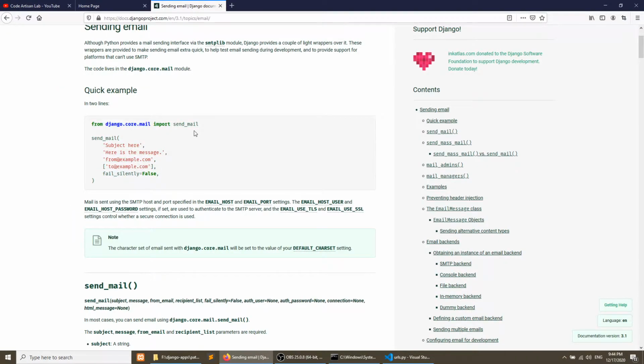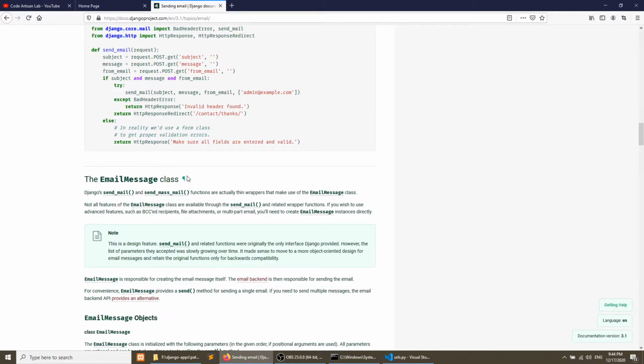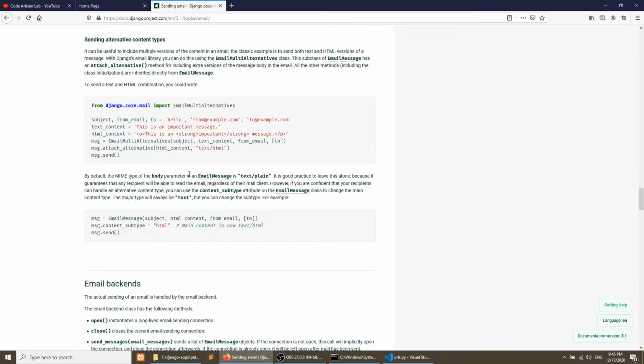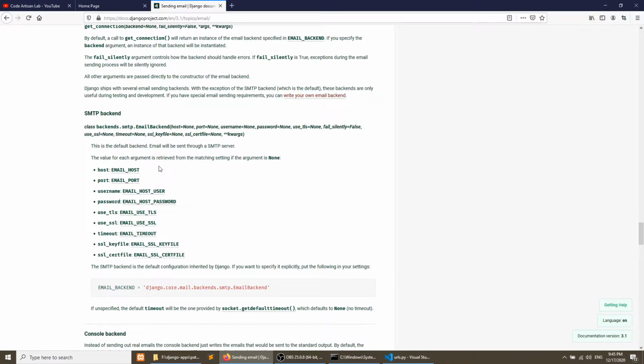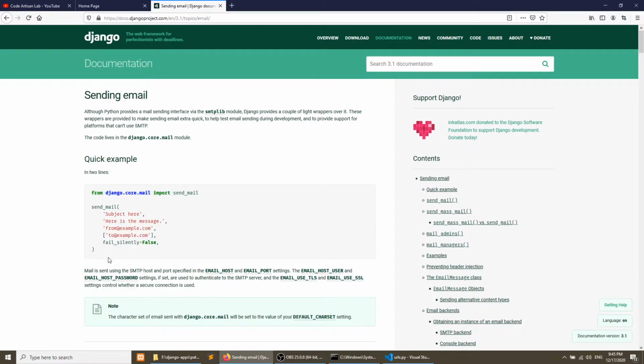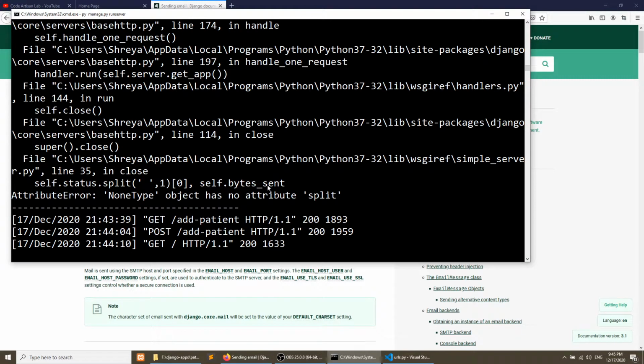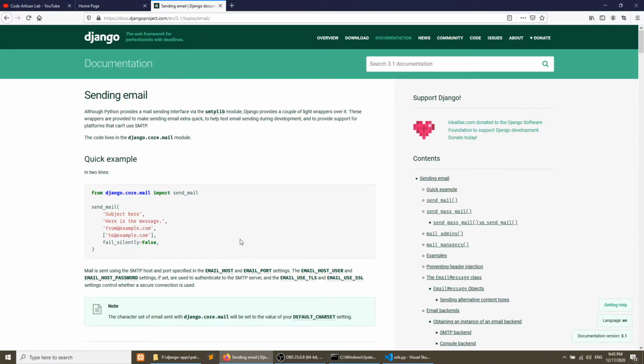This is for testing use. You can also use it in production, but you need to change the SMTP host and all the things. Django lets us change the host, port, user, password, and everything else you require to send the email. In this video we will check on the console, so when the user sends this email, we will show in the console the message that we would receive in the email. So let's do this functionality.